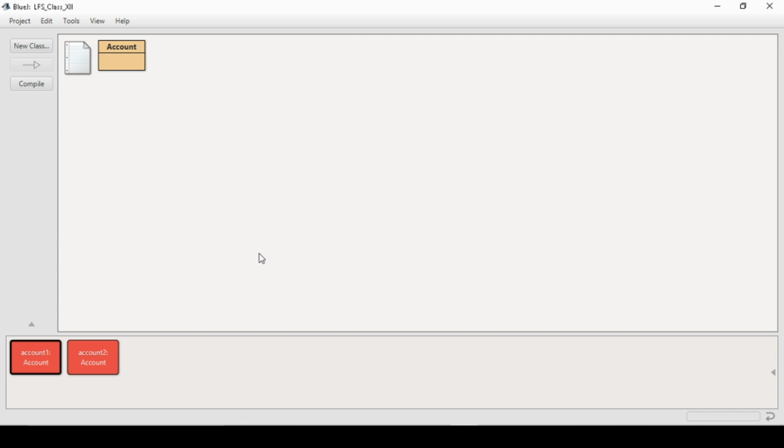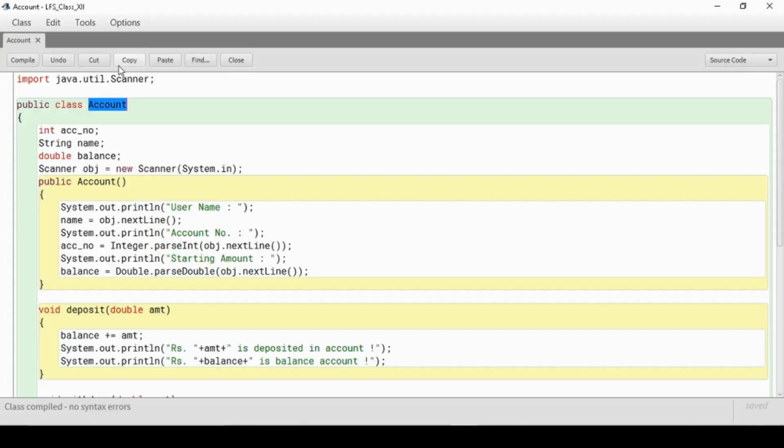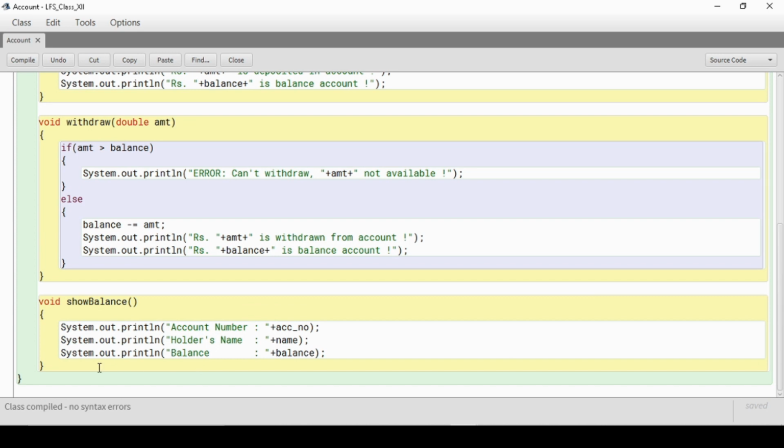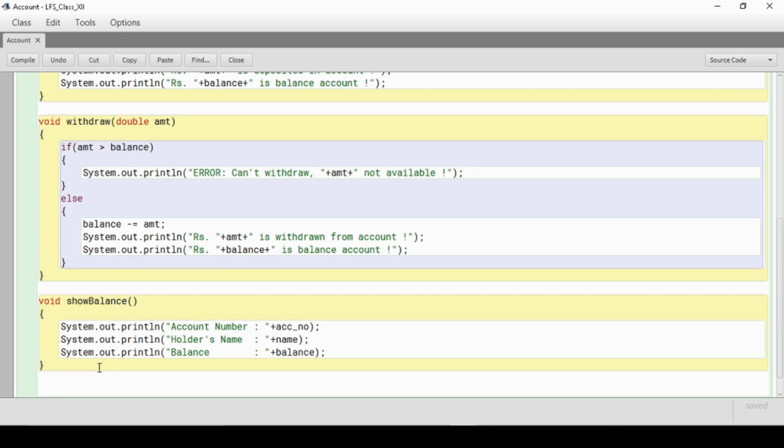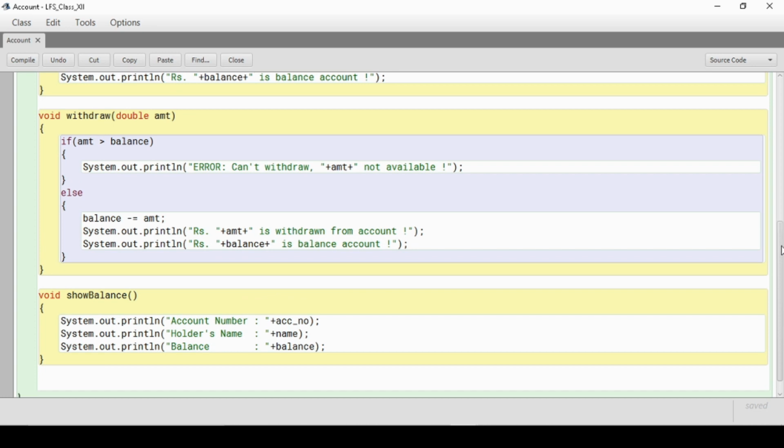Before I show you inheritance, let me show you polymorphism. I will give you an example in this same program itself, and then I will show you different methods through which you can perform method overloading. So let's first create polymorphism here, or do method overloading here. As I told you, I can have more than one method with the same name. For example, I have a show balance method, but suppose I want one more show balance method here.